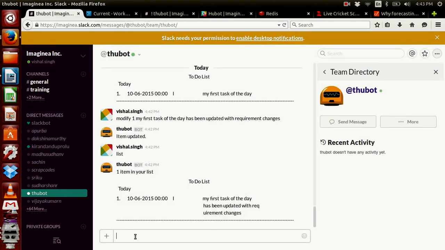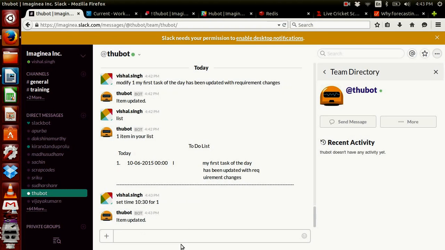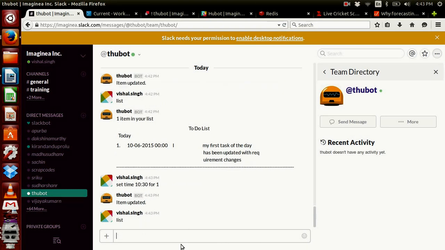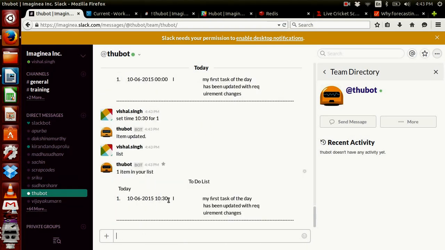So now we will update task number 1 with the new time. Let's give time 10:30 for task 1. Set time 10:30 for 1. Item updated. So let's see the change. Yes, we have updated the time for task number 1. The new time is 10:30.